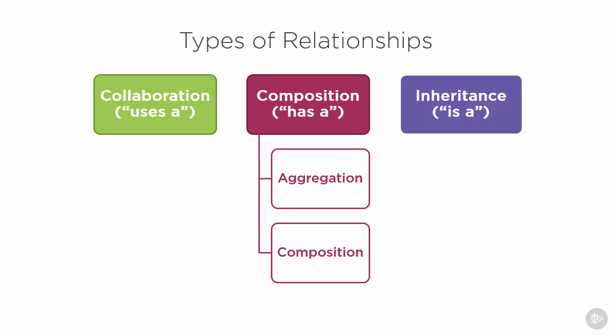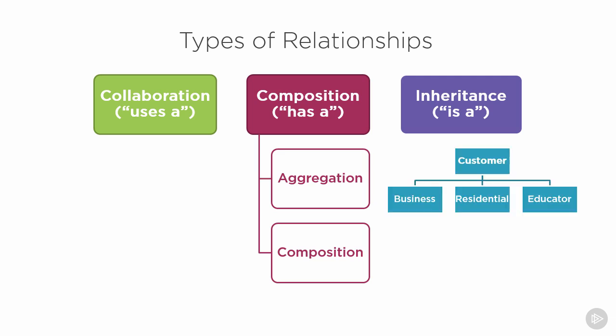Inheritance, or ISA, is the third type of relationship defined in object-oriented programming. We don't yet have an inheritance relationship in our class diagram. Conceptually, we could define a business type of customer is a customer, a residential type of customer is a customer,